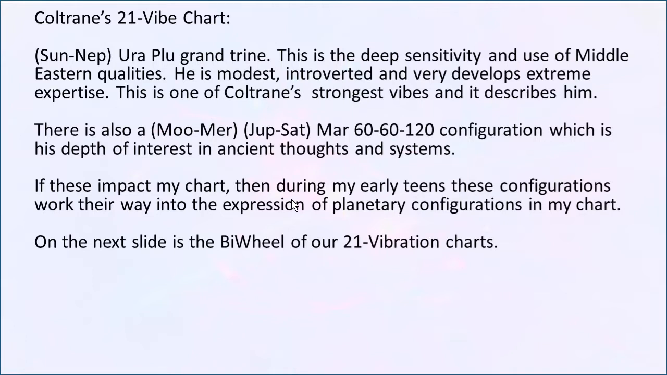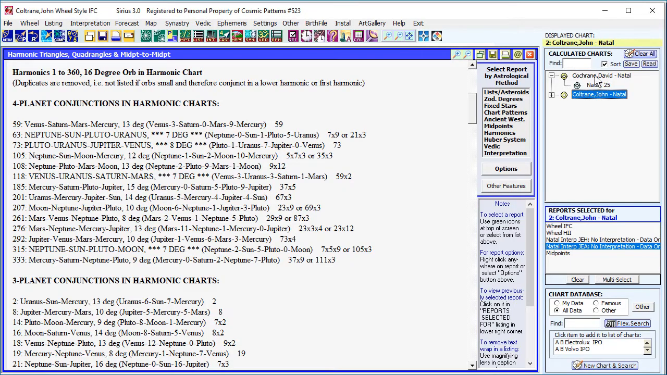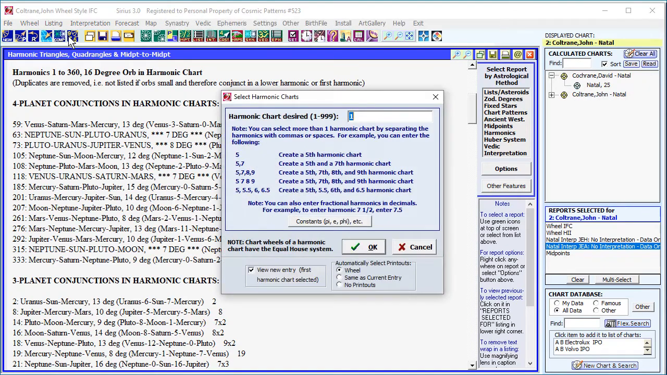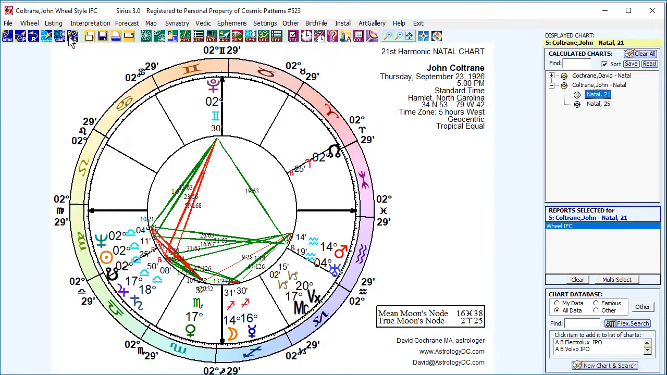Coltrane's 7 times 3 chart. Let's look at it and see what we see. This is one of the very powerful configurations for Coltrane. Let's pull up his 21 vibration. What we're saying is that one of the most powerful configurations for Coltrane is,